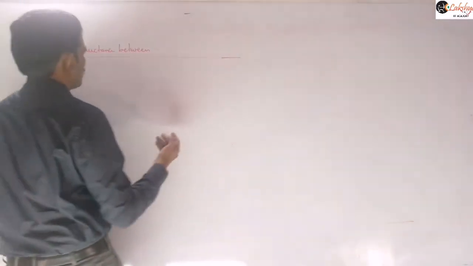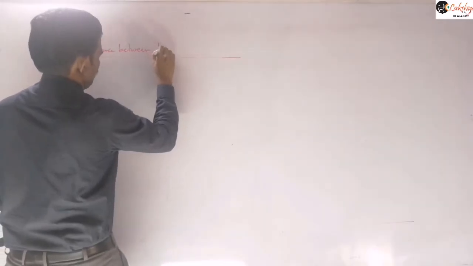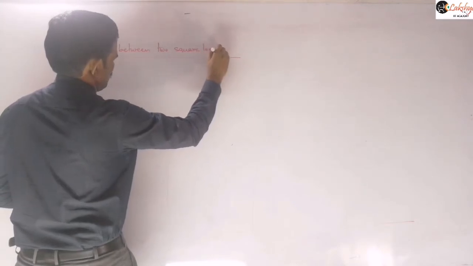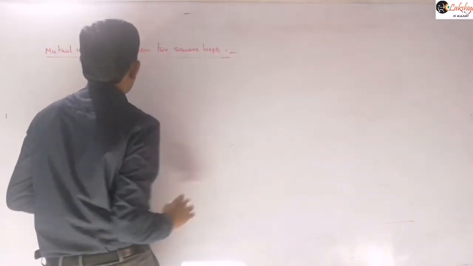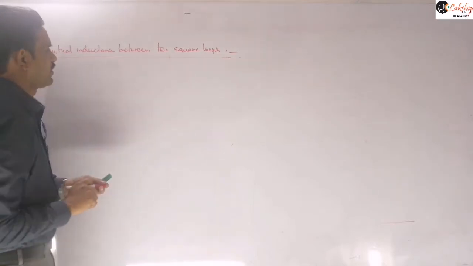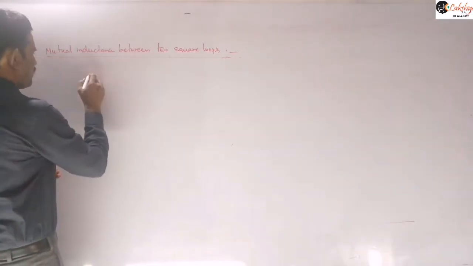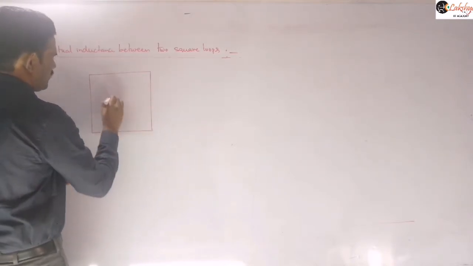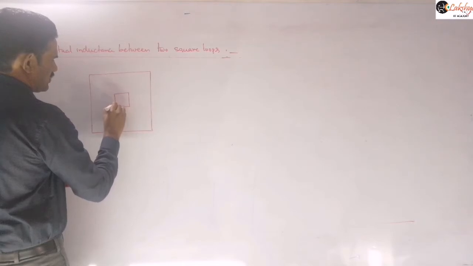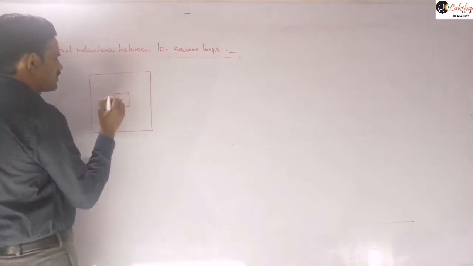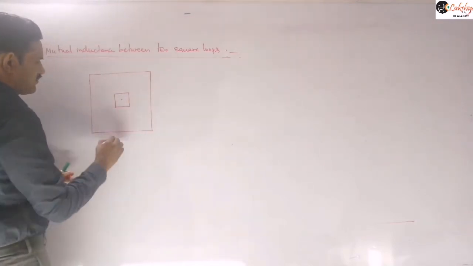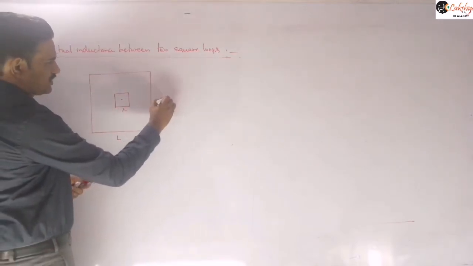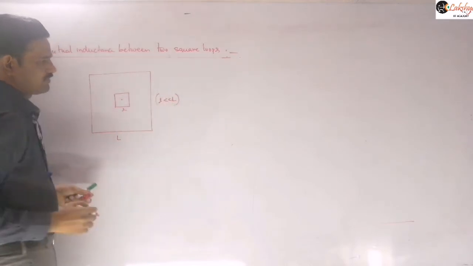So next let us see mutual inductance between two square loops. So let us take now mutual inductance between two square loops here. So one loop now what we can consider there is of side capital L, let us consider. So other is of small l, let us consider here, right? Concentric, that means their center will be same. So then this is of L, capital L, and this is small l. Now we need to calculate the mutual inductance between them, and here also let us assume that l is very small when compared to that of capital L. So that is our assumption.